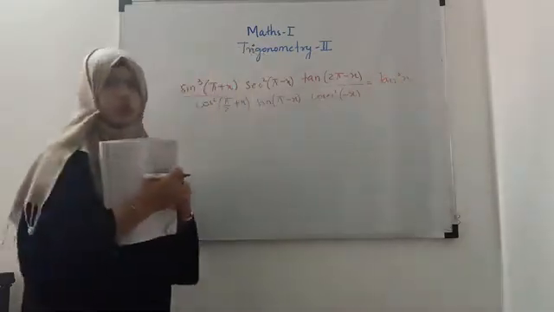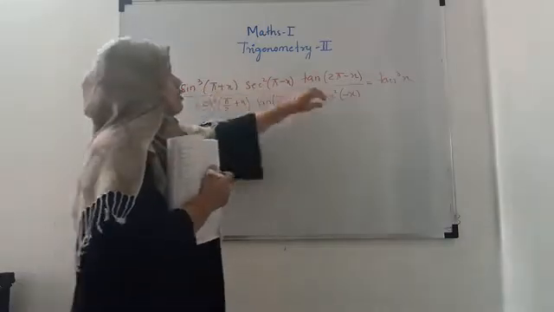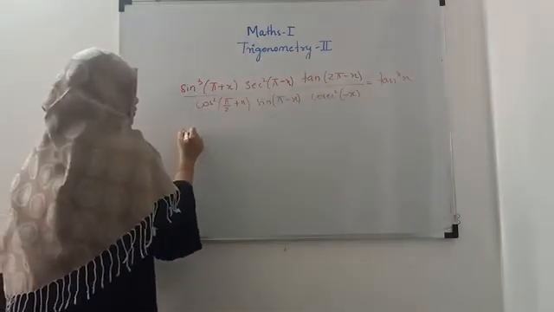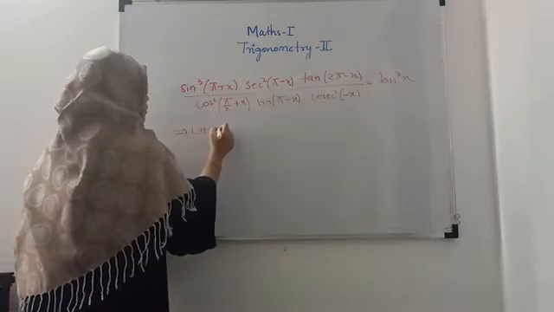So we have to show this is equal to tan cube of x. So we'll start with LHS. So your LHS is equal to